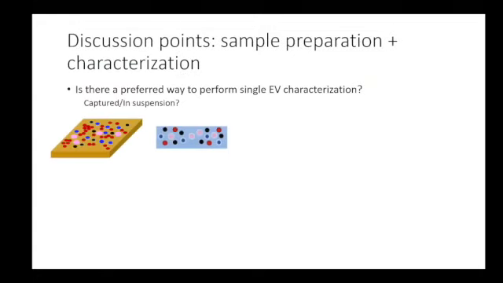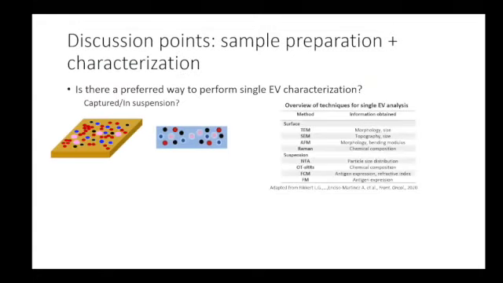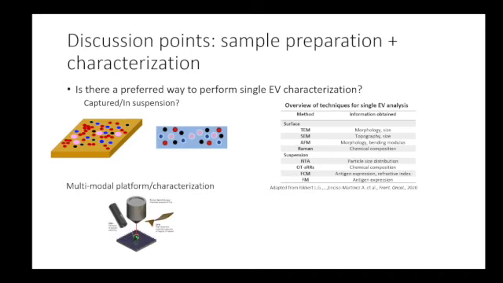And then the last point, my last slide, is basically, is there a preferred way of performing single particle characterization? Is it capture or in suspension? I think ideally we would like to have maybe just the plasma and measure it directly and just get the information from the particles there. But I think it would also depend a lot on the techniques that we use. And one of the nice things to do would be to have a platform where we can not only measure the same samples with different modalities, with different techniques, but actually measure the same vesicles.